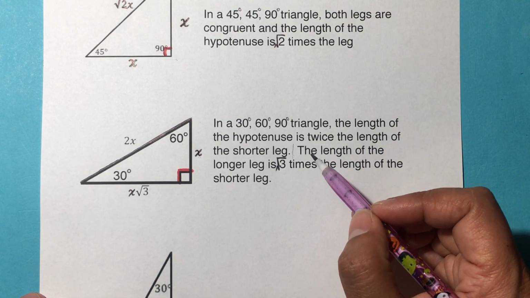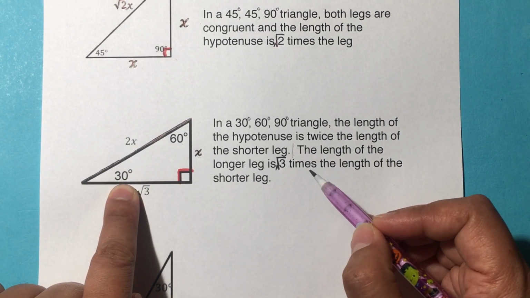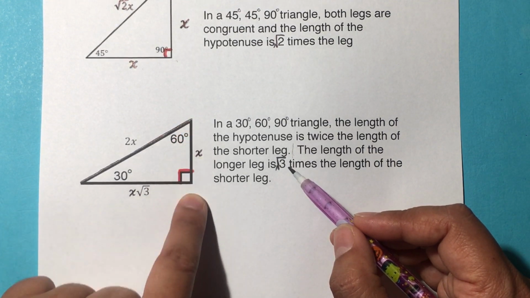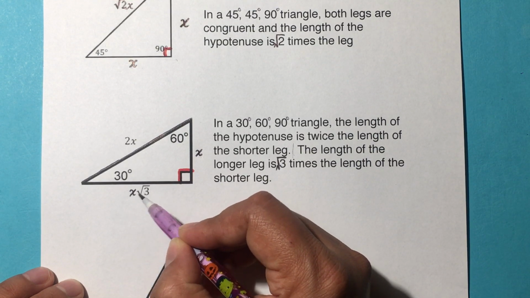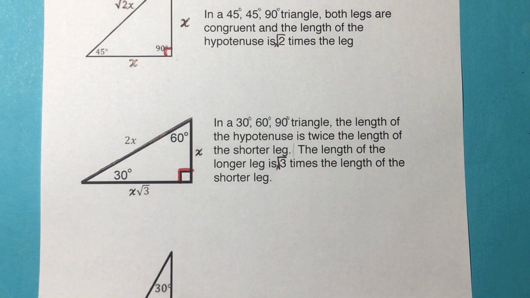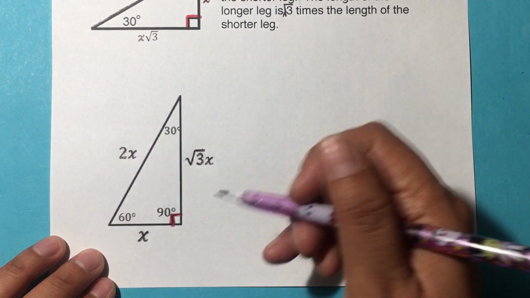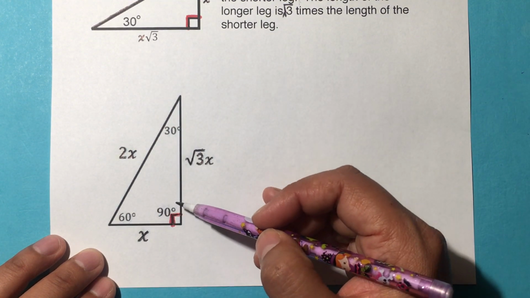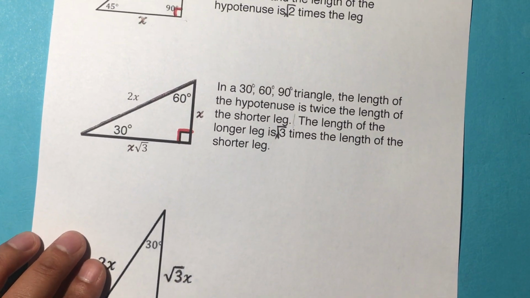The rest of the theorem says the length of the longer leg is square root of 3 times the length of the shorter leg. So you're just going to multiply the shorter leg times the square root of 3. And you can put it over here or you can put it over here, it doesn't really matter. But you're multiplying the two. So in here we have exactly the same thing, but it's flipped and rotated as well. It's just so that you see the relationship once we compare it to the unit circle. Okay, having that in mind,